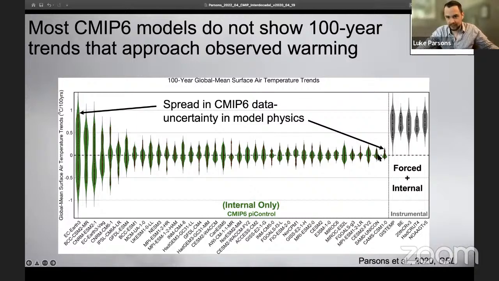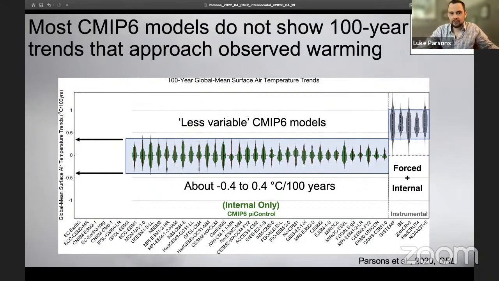Now we get a big spread. Over here on the right, I've organized them from most variable climate models over here to least variable, and global mean surface temperature trends. There would be 0 on this dashed line, and then 1 would be up here, and -1 would be down here. So clearly some of these models show very, very small trends on 100-year timescales in the control runs, and others show larger trends. And I think these spreads are more due to uncertainties in, let's say, model physics and ocean overturning circulation and how we simulate that, for example.